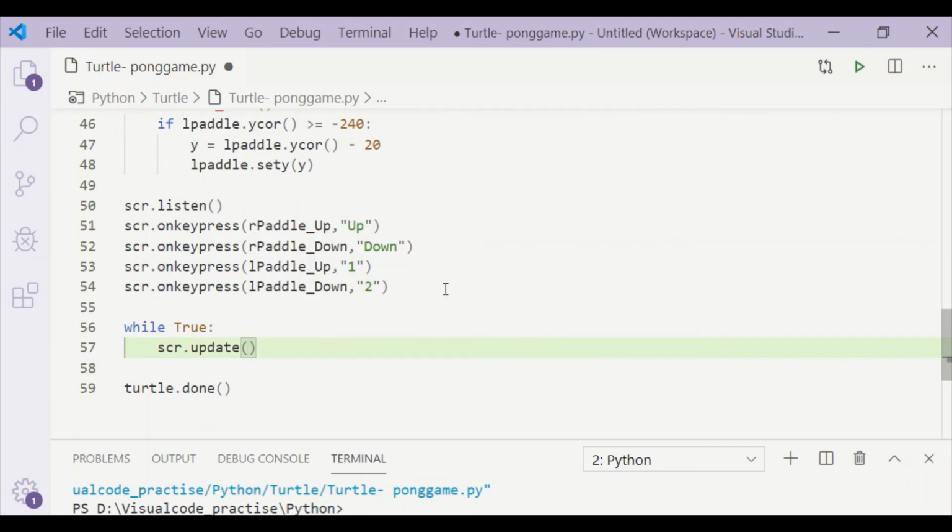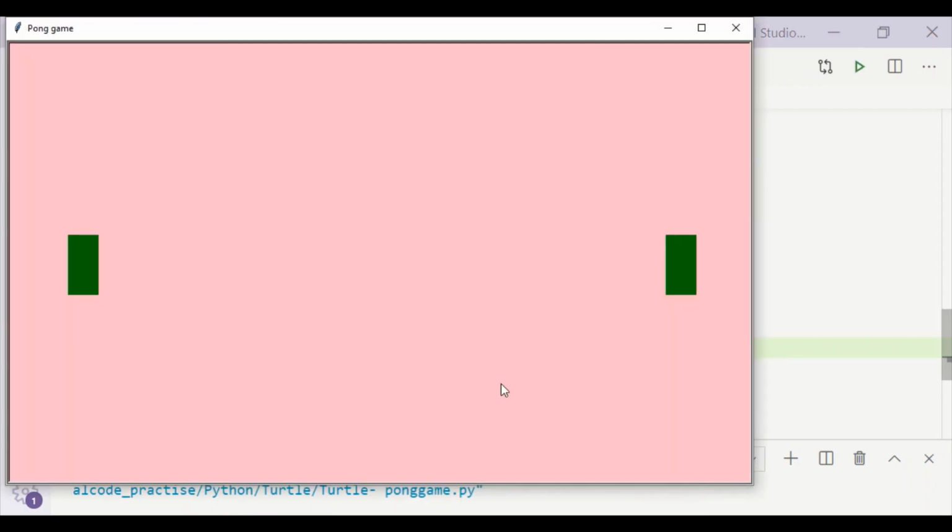I will start infinite loop to update the screen using update method for screen control. Now we will run our code. We have the screen, 2 pedals left and right. I am doing key up. You can see right pedal is moved up. Again I am pressing, but once it reaches the top position or bottom position, it is not moving further, because we are checking for the condition. If it is less than minus 240 or plus 240, then only the movements are allowed. The same thing is applicable to left side pedal and they are working okay.